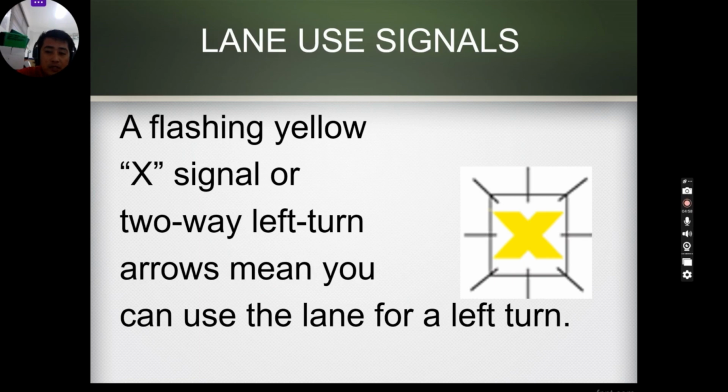Actually, yung mga signs and symbols naman na pina-flash ko is very easy to understand kasi siya ay kumbaga ay